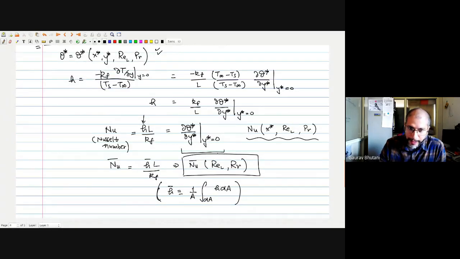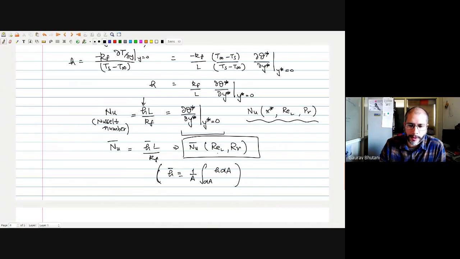So now the next step is, now that we have got some idea as to the functional dependence of the Nusselt number on Reynolds number and Prandtl number, sorry, this should be P. So now that we have understood this dependence, the next step is to be able to generate solutions, because functional dependence is one thing, and getting that exact function for different situations is what we need to be able to calculate del theta star by del y star, so that we can get the actual value of Nusselt number on the surface of the plate or the body.